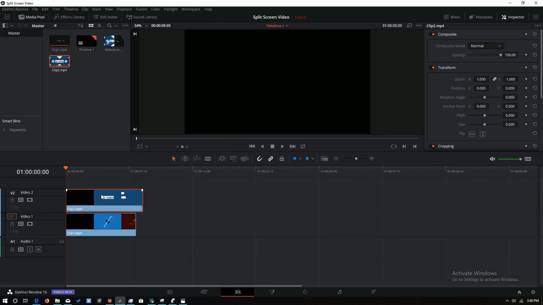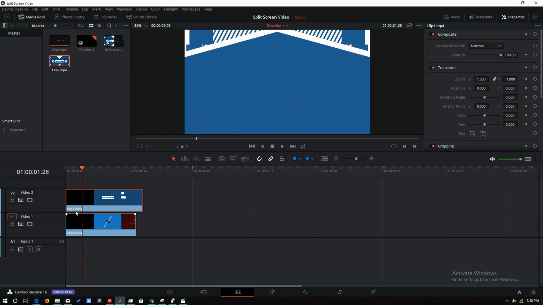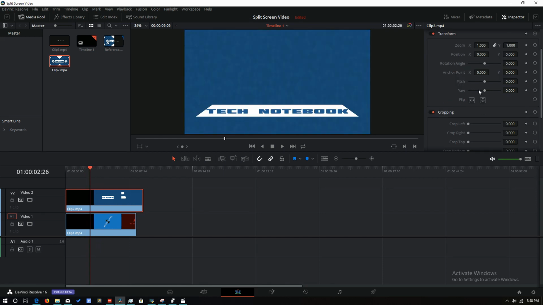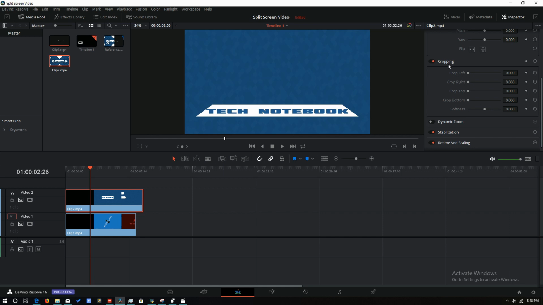So then you need to go into the editing tab. I already have the clips down on here, and as you can see, clip 2 is the only one playing since it's on video 2. So now what we want to do is go into the cropping menu, and then do crop left or crop right depending on what you want. I'm going to do crop left,